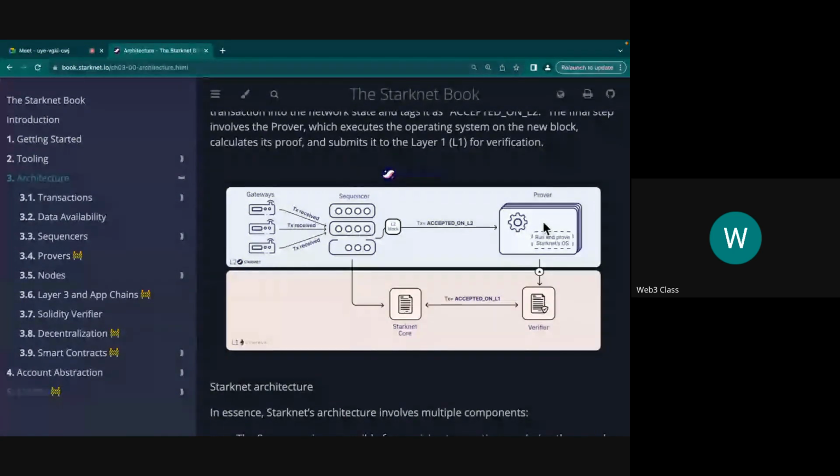Once it generates the proof, it sends the proof to the verifier. Now this part, everything happening here, this is L2. You can see this is L2 Starknet. Here is L1 Ethereum. So once it generates this proof, it sends it down to the verifier. And once it sends it to the verifier and the verifier verifies the proof, then